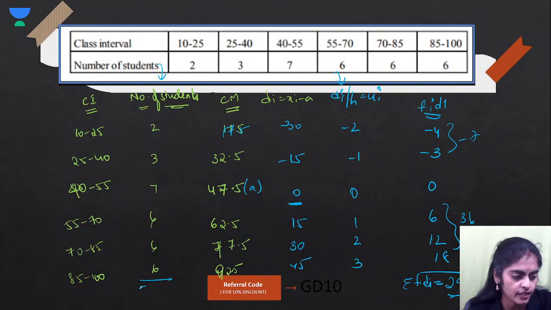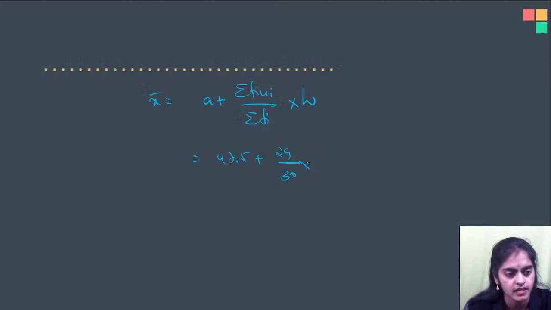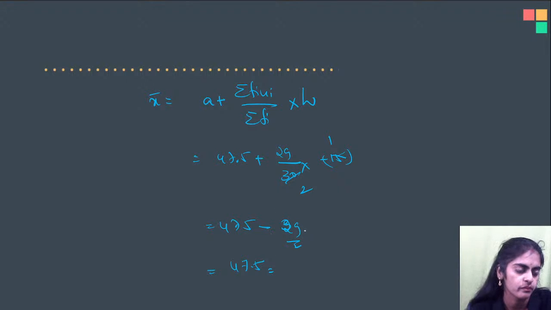Sigma fi, how much did you get here? 30, no? H is again minus 15. So 15 two times, 15 one time. So 47.5 minus 29 by 2. So 47.5 is equal to,